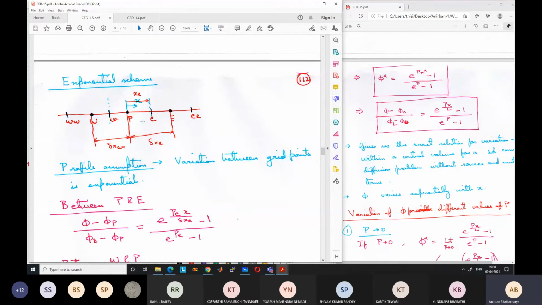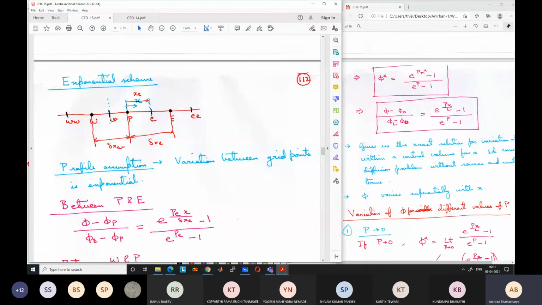All right. So let us consider a grid structure for a finite volume method. Again, we have the control volume going from small w to small e, which is represented by the grid point P at its center. Neighboring grid points are capital E and capital W, and the neighboring control volumes are from small e to small ee on the east side and small w to small ww on the west side. The distance between the grid points is given by delta xc and delta xw, and x is defined starting from the point P.